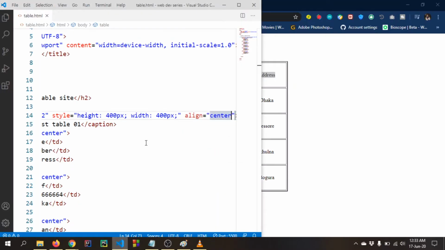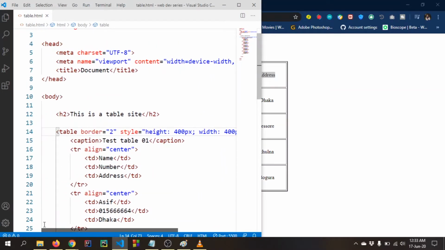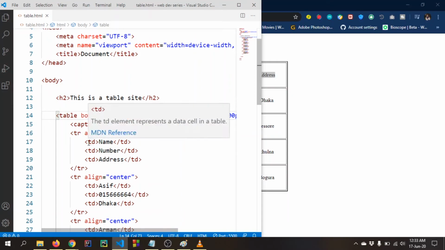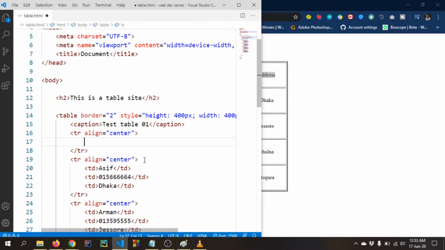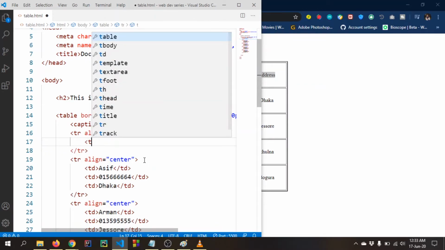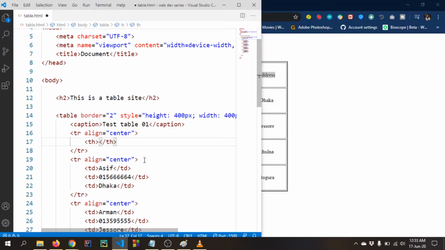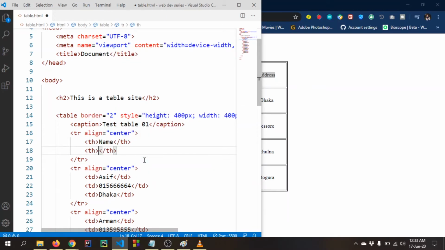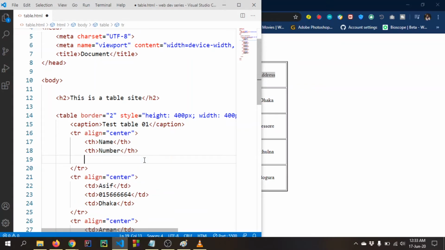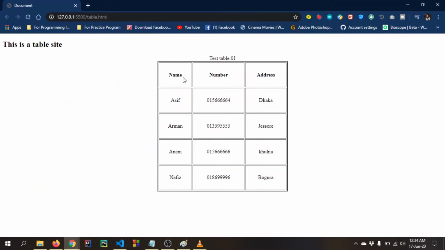So instead of writing the tr td tag here, we can write th here for table head. th for table head, Name, another th for number, and another th for the address. So if I save this, we can see that the first